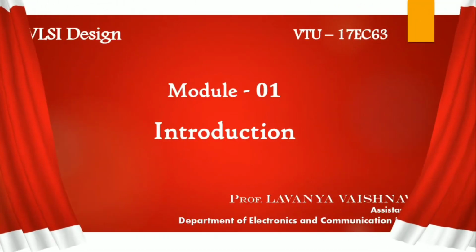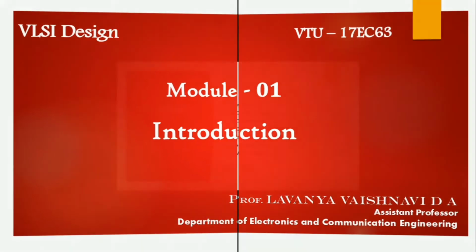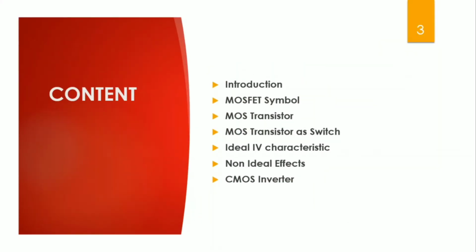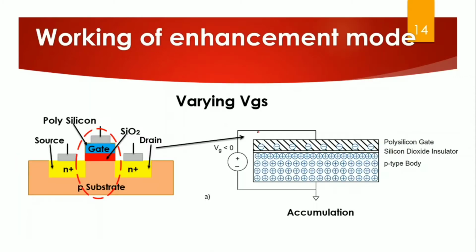So we will continue with the rest of the topics which we have left in module 1. Today we will analyze the working of MOSFET and the ideal characteristic of MOSFET. Coming to the working of the enhancement mode transistor, we will take the gate layer, silicon dioxide, and the substrate layer here. We will learn the complete working in two stages. In stage 1, we will understand what happens to the device when I vary VGS. In the next stage, we will start varying VGD.